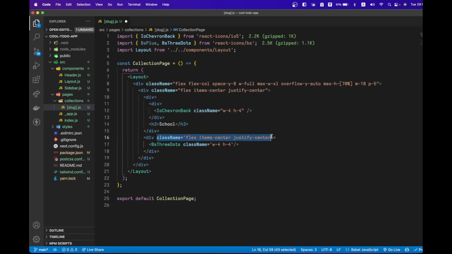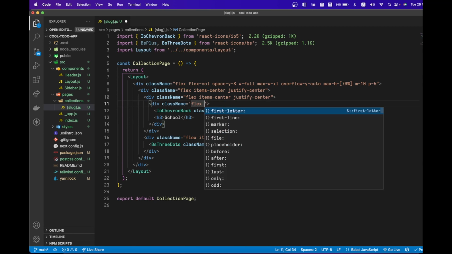These are the go-to classes. You should remember this. This is a very nice way to center out these things. So we want this also to be centered,